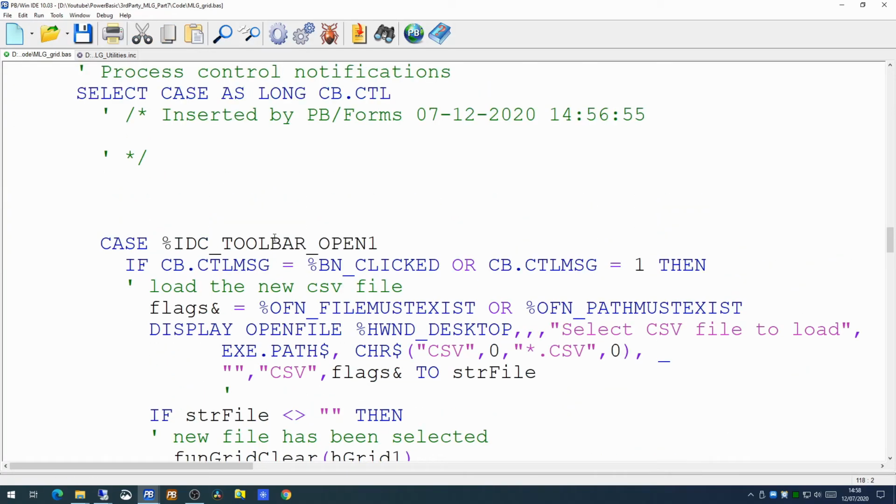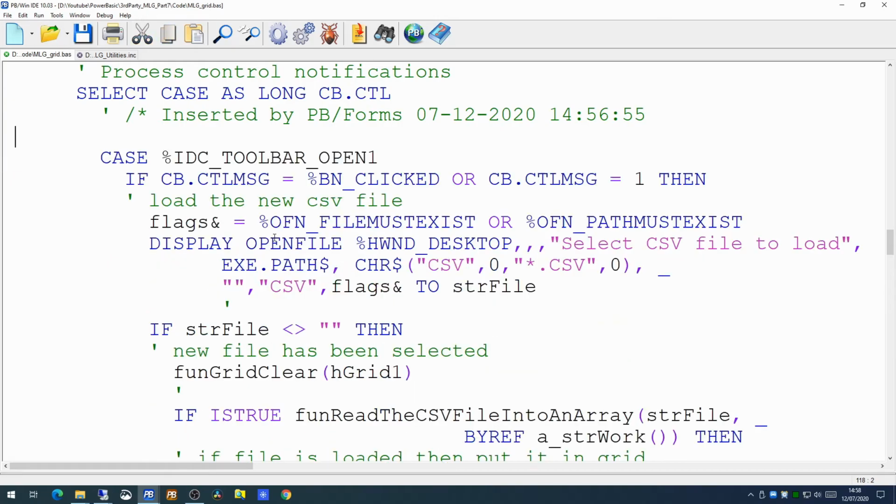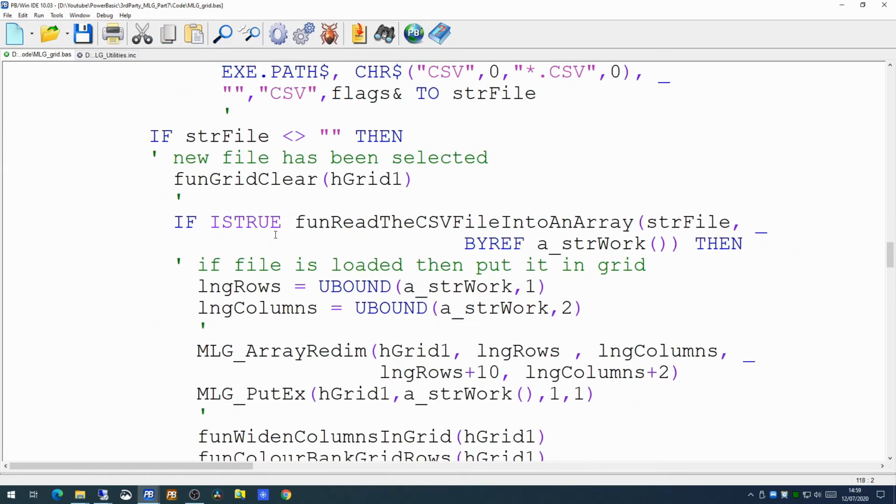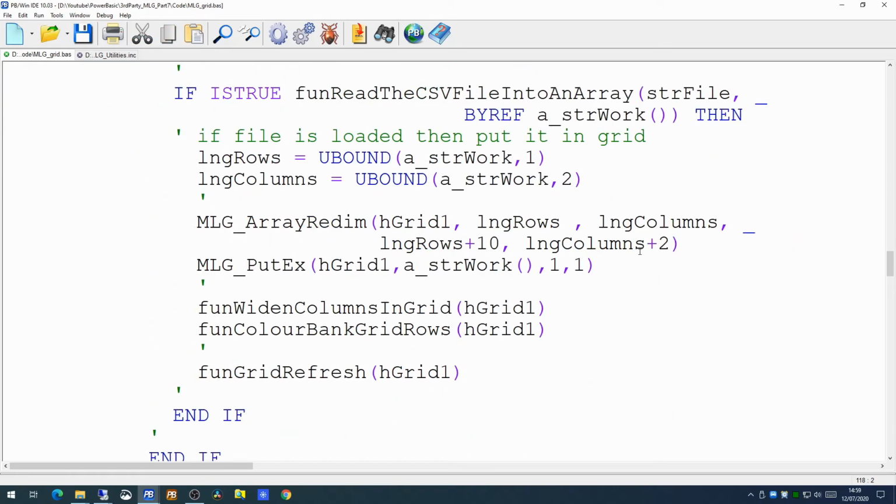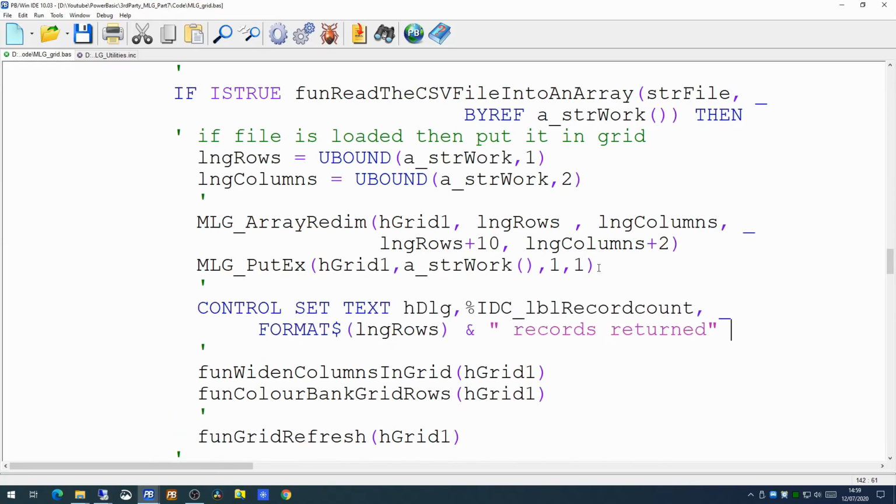Keep it nice and tidy. Now down here where we're loading it in, just after we put the data in, we can paste that in. Now we need to change the dialog pointer to CB.HNDL in this case, but that should, once we've got the data back, put the data into our label to say how many rows we have actually